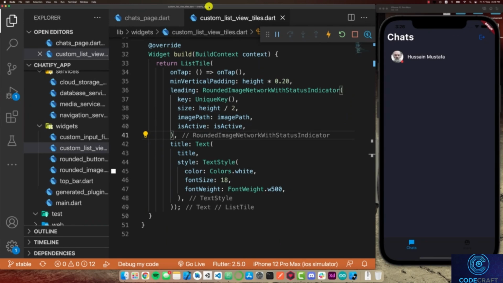In this video we are going to be continuing on developing our custom list view tile. By this point we've figured out a way to show our rounded image as well as a status indicator for whether the user was active or not, as well as a title inside of our custom list view tile. And in this video we're going to be focusing on adding that subtitle widget,